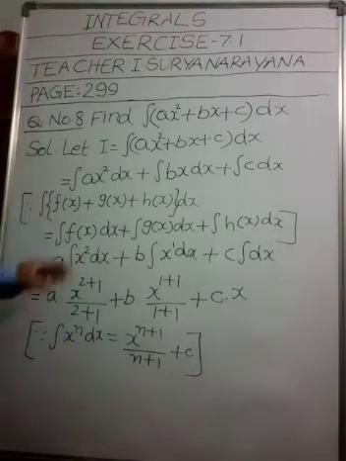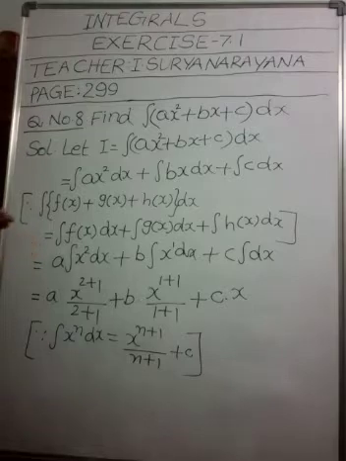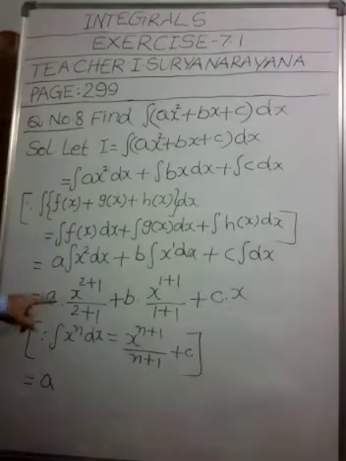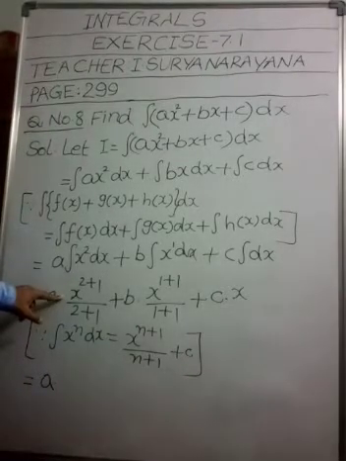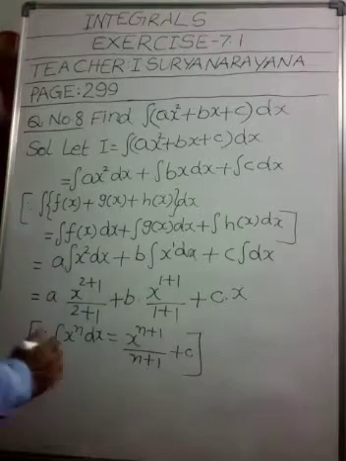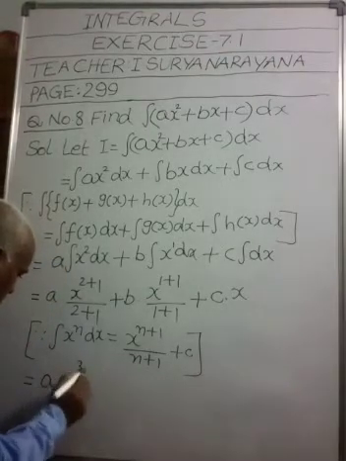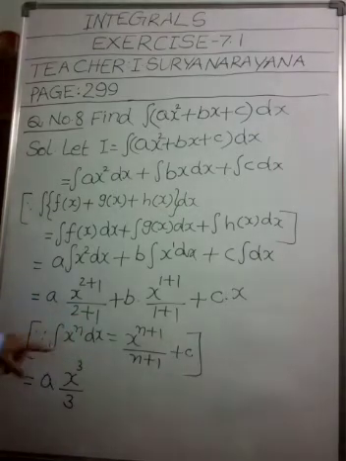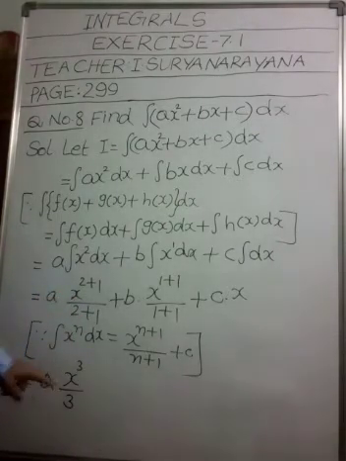Integration part is over. Now we have to simplify the terms. This is equal to a into, what will you get here? X power 3. So x cube by 2 plus 1, 3. Understood this first term, my children? Plus